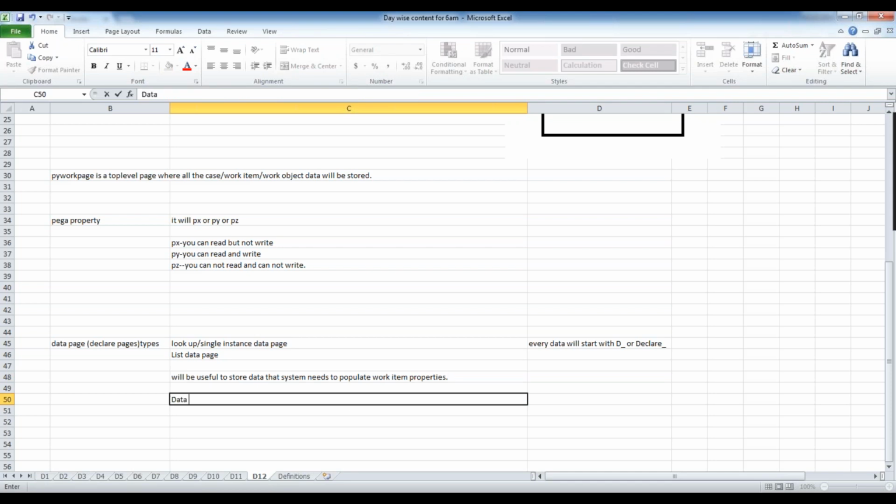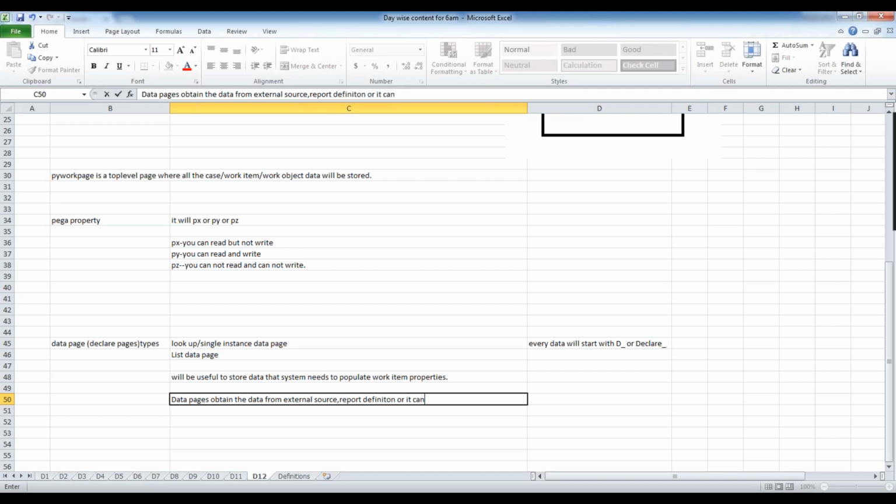We said it stores the data, but where is the data coming from? The data page can obtain the data from an external source. It may be a Java system, a database, a SOAP service, anything. You can get the data from the external service and store it, or within Pega you can get the data from a report definition,